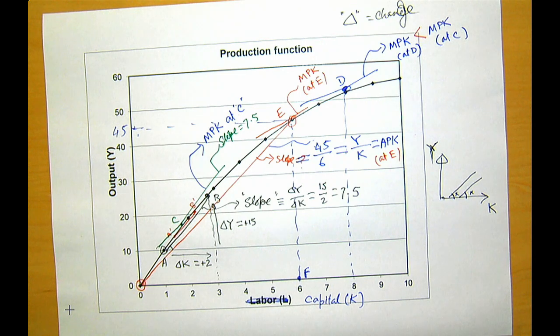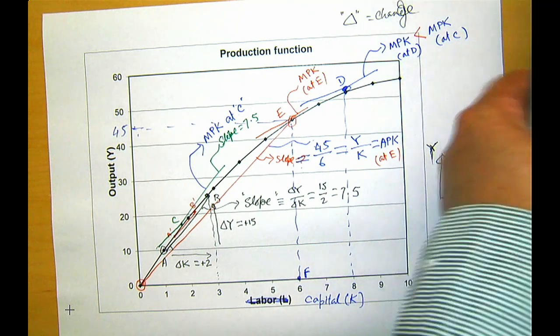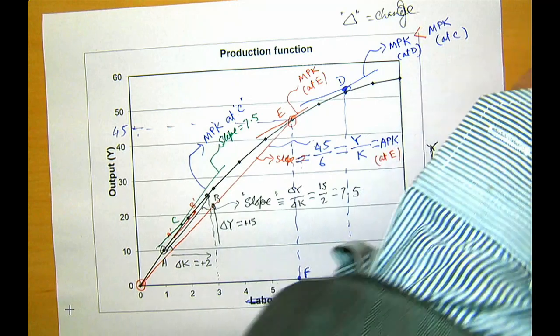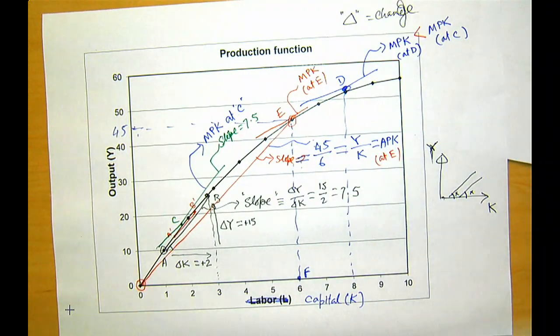But there is another measure council can ask. Council can say, well, if you increase one more restaurant, so 1%, if you increase the capital stock by 1%, by how many percent will output go up? So that is the elasticity. If that is the question, how do you answer that? I'm going to develop that concept and then we'll move on. I know this is basically technical, but once we do it, a lot of other things will be much easier.